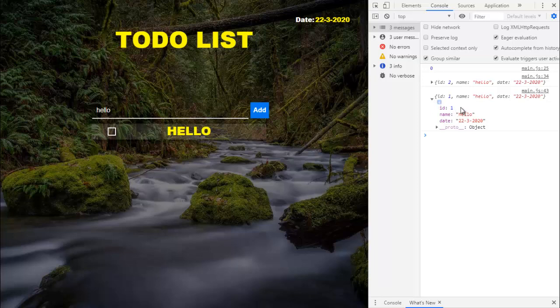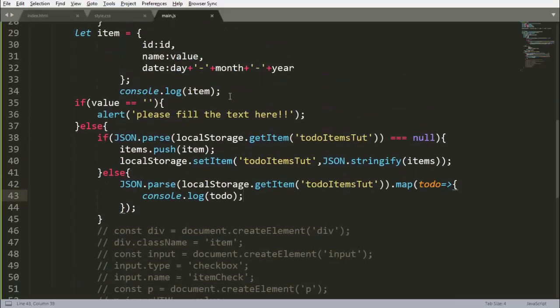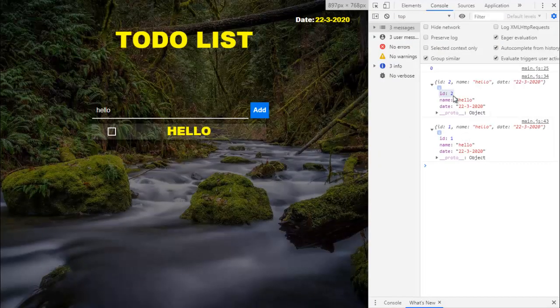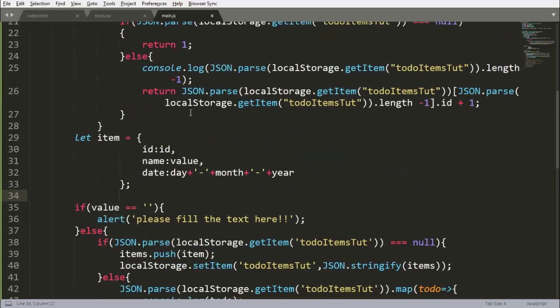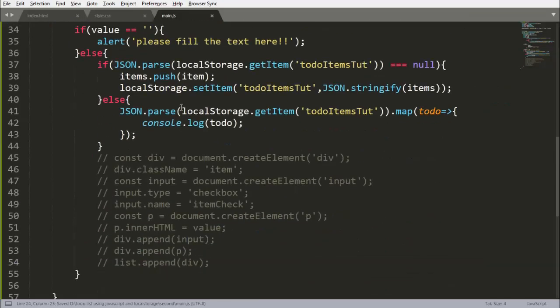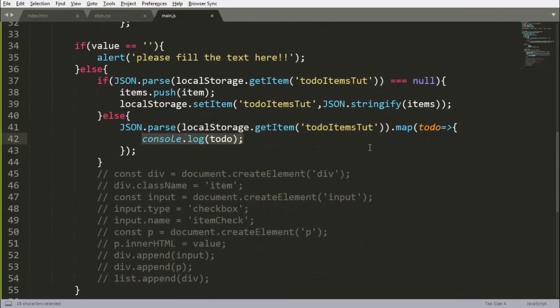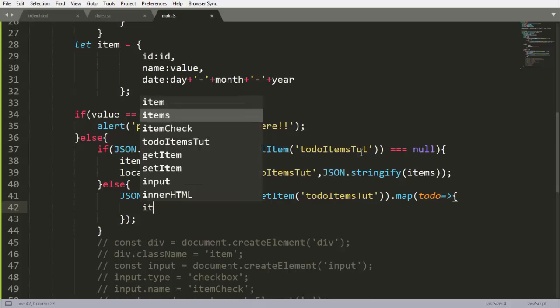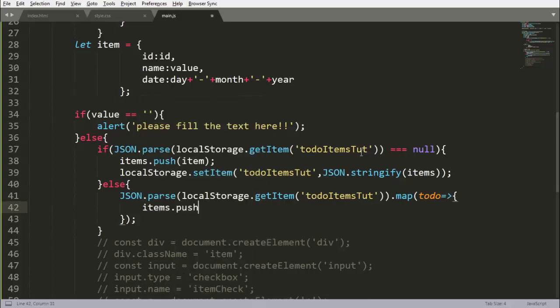Its id is 1 here, but see that this item id is now 2 here, because it says already an item id 1 here, so it will access the last element and plus the id of that item, like a primary key here. So we will push this. So items dot push, we will push this to do here.